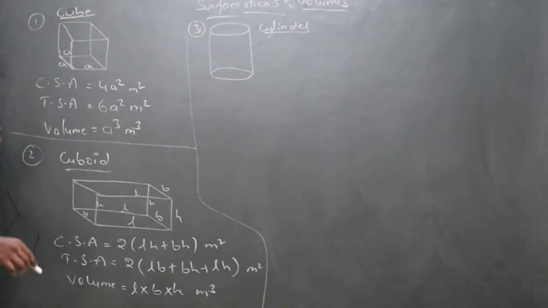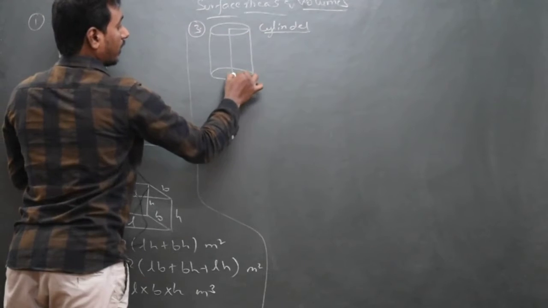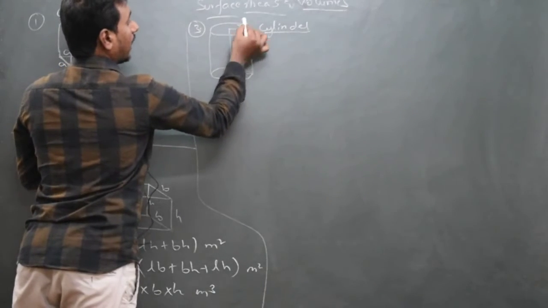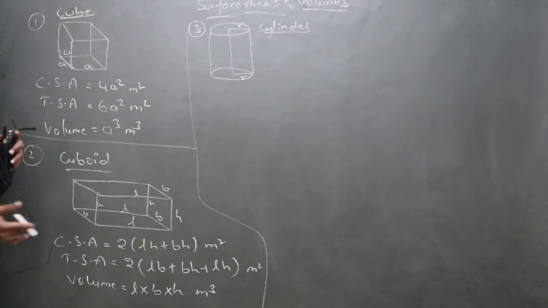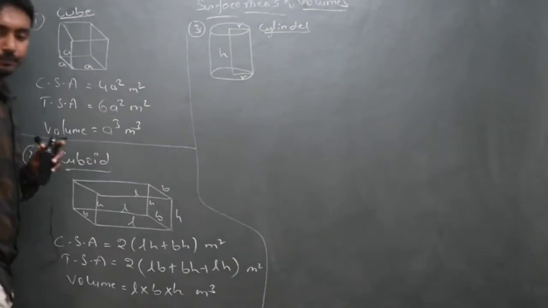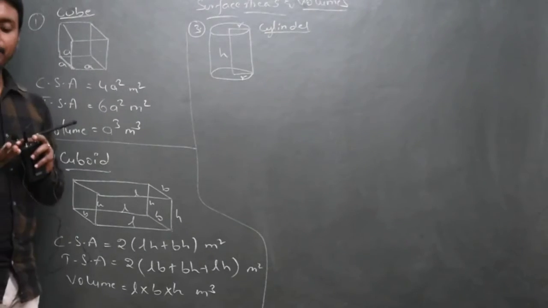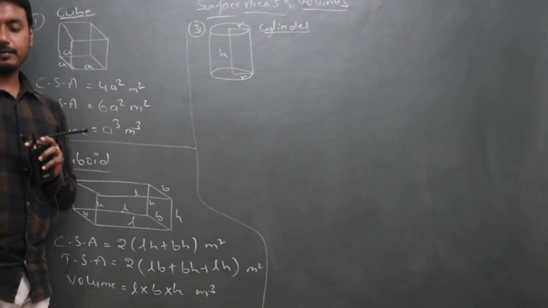This is what we call the cylinder. Now a cylinder, the top and the bottom portion will have radius r, because it's a circle, the top and the bottom part. Now it will have height h. Okay, right. Now when we take a circle, the perimeter of the circle is given as 2 pi r and